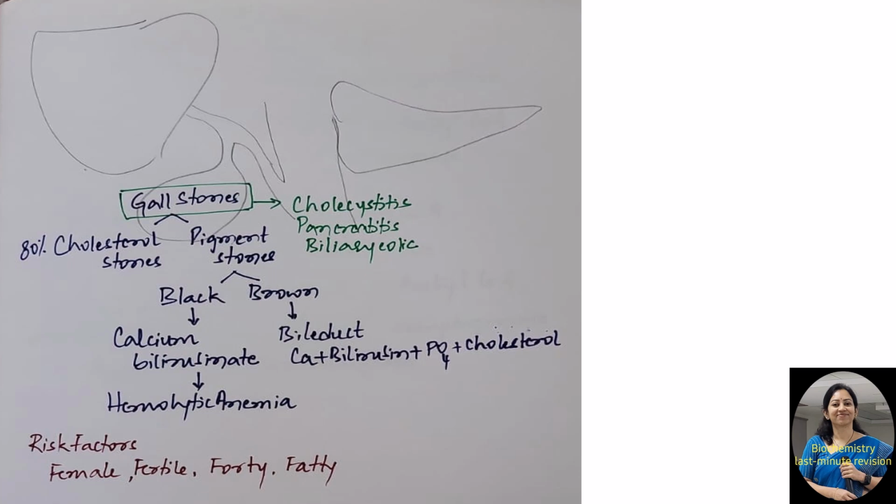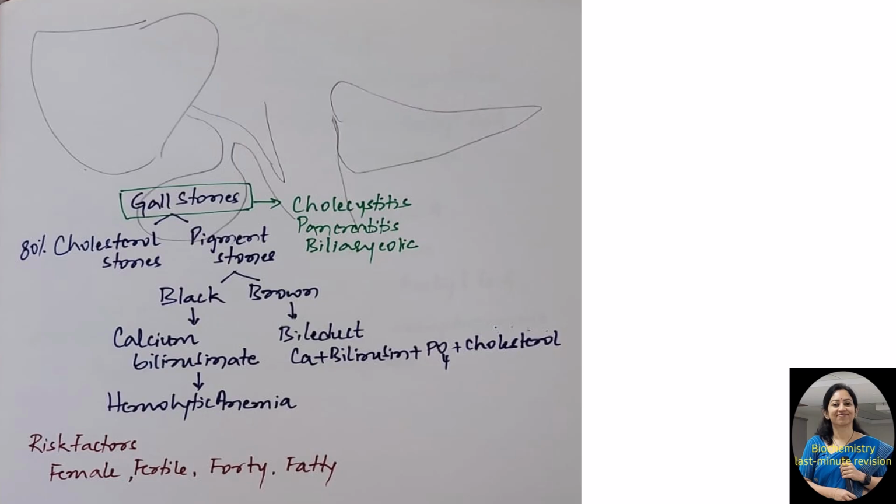All of this gets precipitated in the bile duct, and they can form brown colored pigment gallstones. Okay, now why do we need to worry about these gallstones? These gallstones can cause inflammation of the gallbladder, which is known as cholecystitis, and they can cause obstruction of the bile duct, manifesting as severe biliary colic. Biliary colic is severe pain in the abdomen, and this can impair the excretion of the bile pigments, and the patient can develop severe obstructive jaundice, because